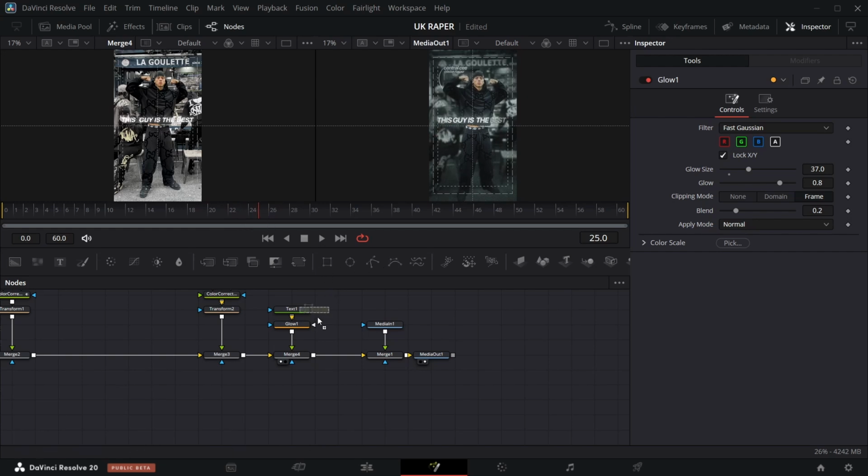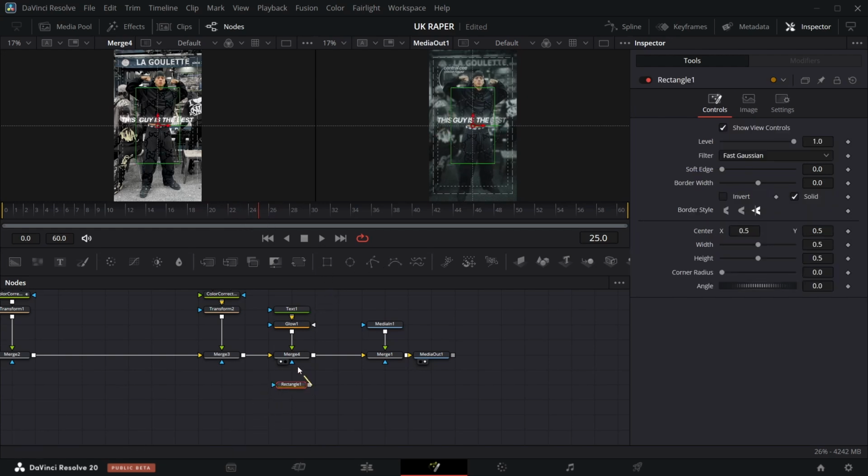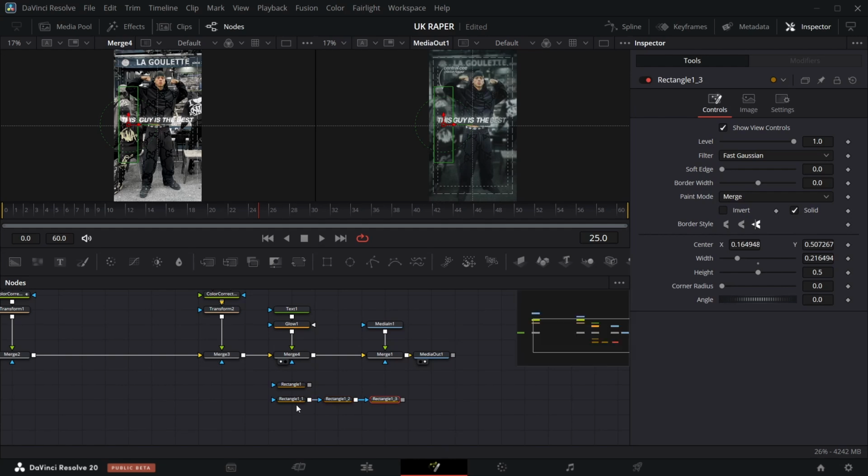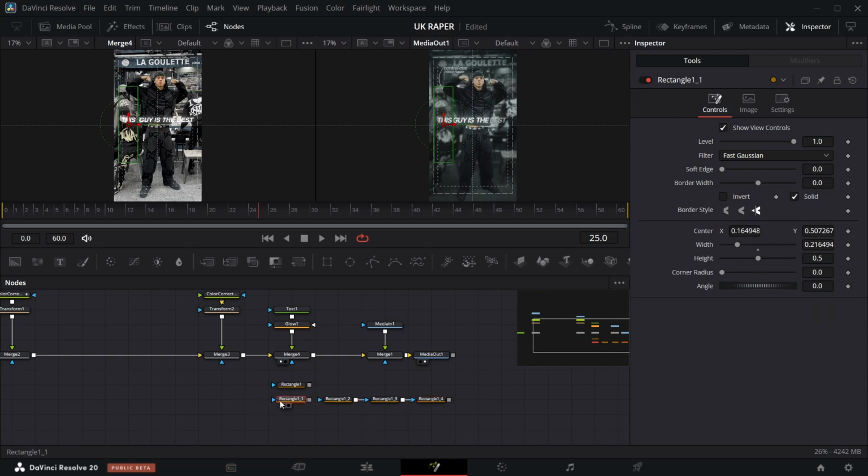For us to do this word by word animation in DaVinci Resolve, if you have watched my previous video, you know the way I do it. I get a rectangle. I'm going to get five rectangles. I'm going to size the rectangle to fit each word. That means I'm going to Control C this rectangle, then Control V, Control V, Control V, Control V. So you get five rectangles, and if you have them like that,